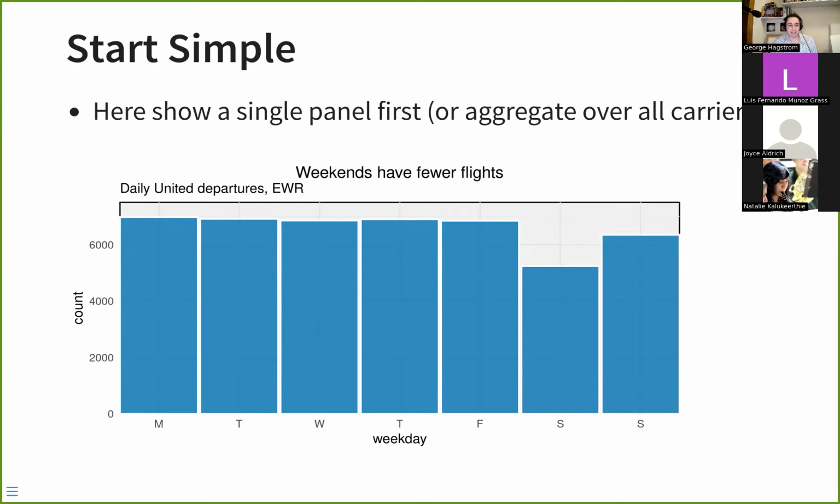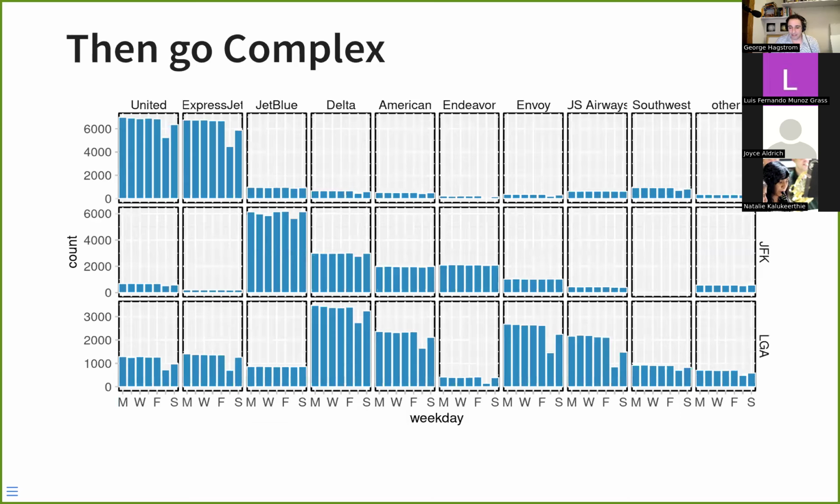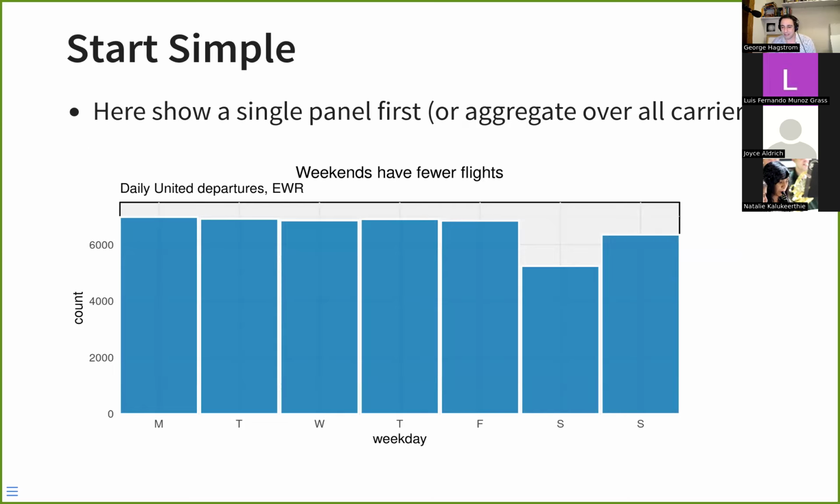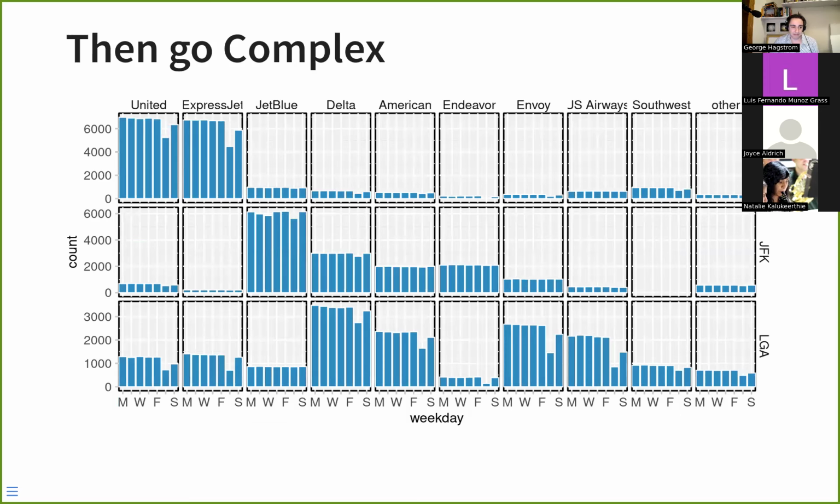And this would be a great way to prime your audience to see a plot of this for every single different airline. So if after showing this figure, I then show them this faceted bar chart where you see the number of departures from all the different airlines at all the different airports, this won't be overwhelming to them. Whereas if you were to just show this in a presentation right away, there's a chance people's eyes would glaze over and they wouldn't notice what you wanted them to notice.